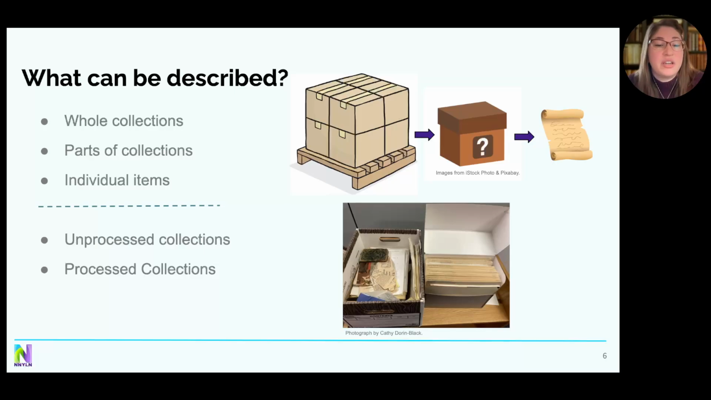And when we think about description, we can also talk about describing what we call unprocessed collections. Those are collections kind of like that messy box in the bottom left picture. By that, I mean that it hasn't been arranged or organized yet, which is something archivists and special collection staff usually do to help take care of the materials better and also to help researchers use them more efficiently. Then the other category is processed collections, which is like the pretty box you see on the right. It's all in archival folders and sleeves,